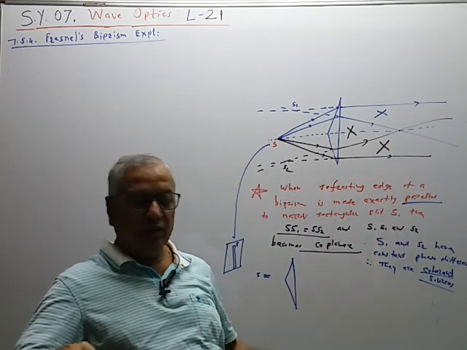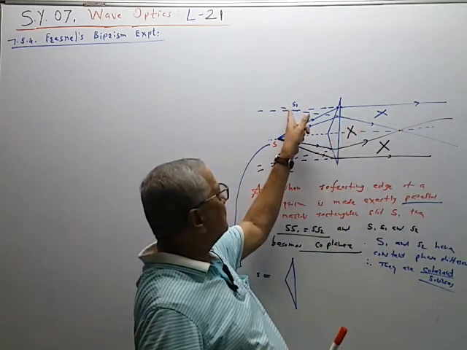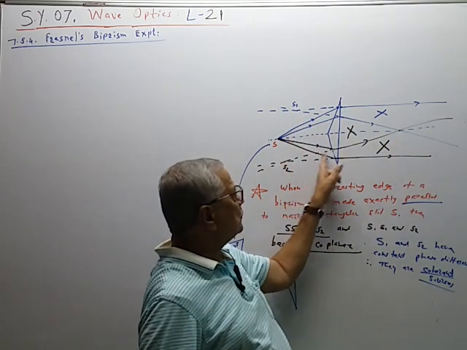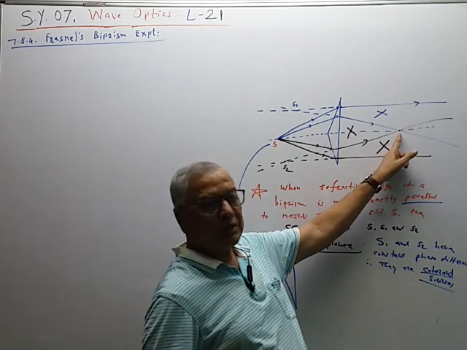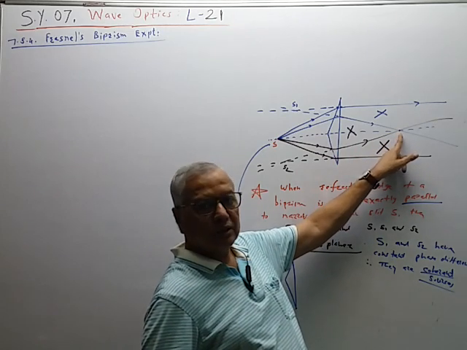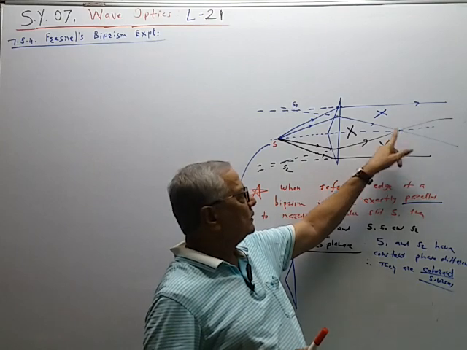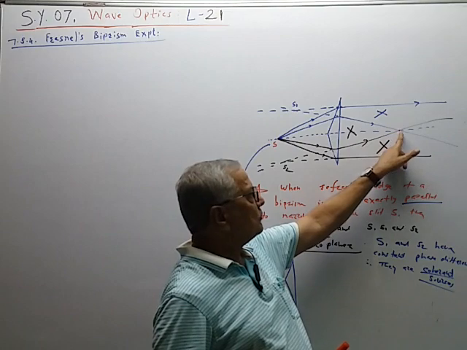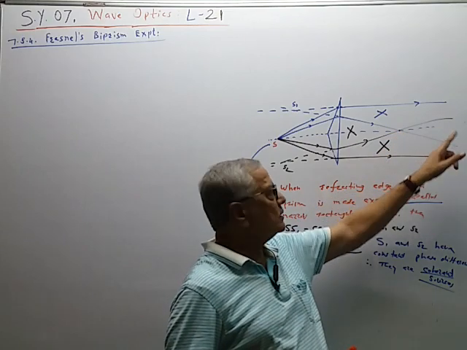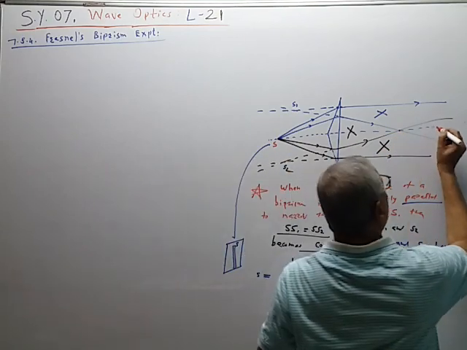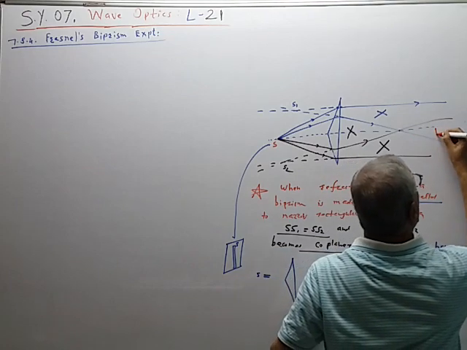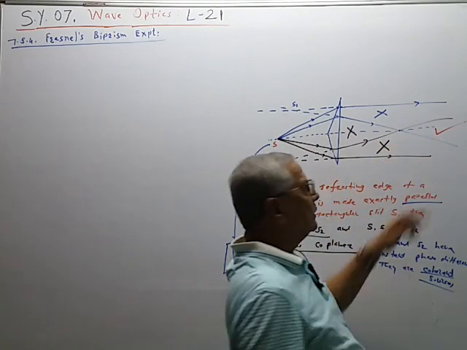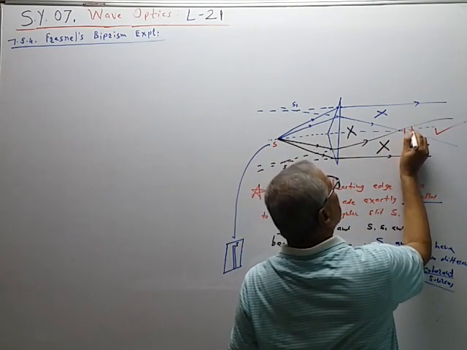Now at this point, one wave is coming from S1 like this, shown by blue color. The other wave is coming from S2, in the direction shown by black color. So at this point there is a crossing of the waves, one from S1 and the other from S2. From this point onward, in this region, we will get the crossing, and therefore bands are formed only in this region. So this is the region of interference, where we observe the alternate bright and dark bands like this.